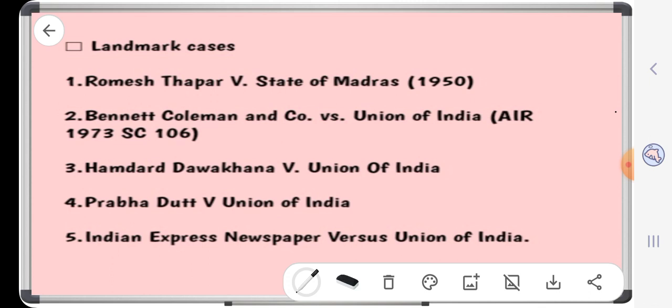So, in a nutshell, in this case, the petitioner published a newspaper critically reviewing a few of the government schemes, and so the government consequently banned the circulation of the newspaper. But the court lifted the ban, saying that the state of Madras does not have any right to intervene in this matter because the ground that the government cited, public safety, is not mentioned in clause 2 of Article 19